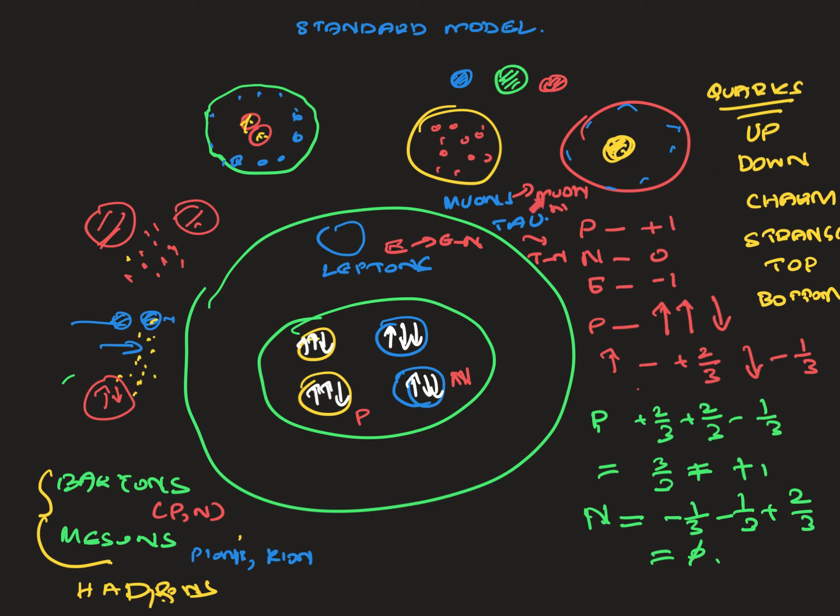And these are called leptons: electrons, muons, and tau. And there are neutrinos: muon neutrino, electron neutrino, and tau neutrino. All these 6 are called leptons. And then we have baryons and mesons, part of hadrons. So let's look at everything together in one place.